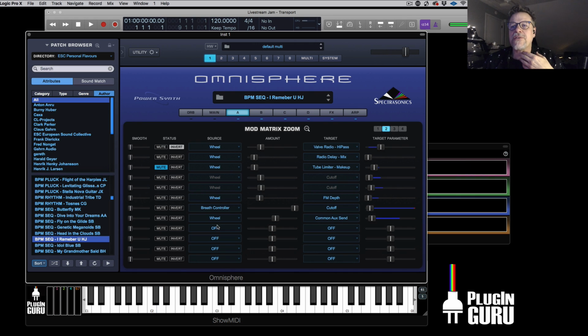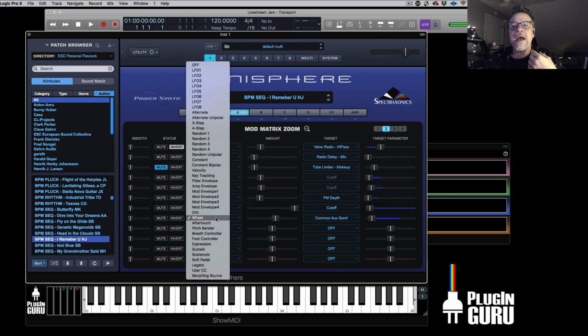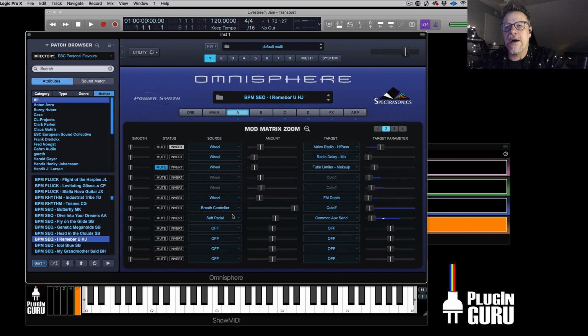I hear effects and all sorts of stuff. So let's look over here where we have effects. I like to set those to CC67, the 4th one, the soft pedal. So let's go through the list here, and anything that looks like it's an effect and that